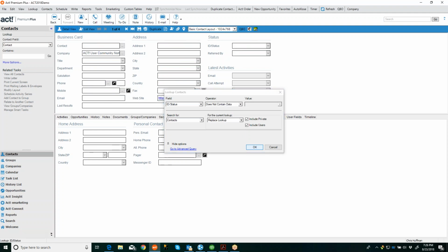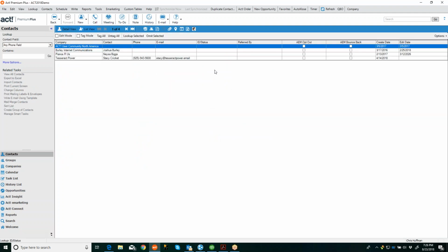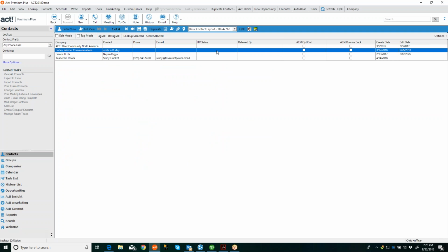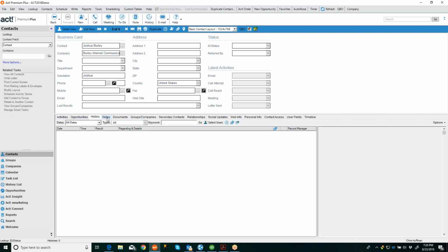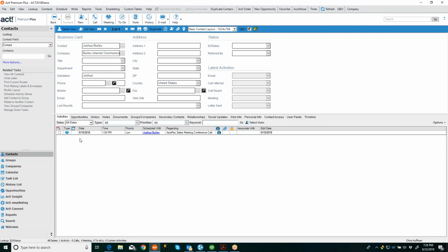Now, let's see what pops up. Okay, so there's 4 of them. So if I drill down into these 4, I don't know. Here's Joshua Burley. Okay, I got some information on him. I don't have any phone, don't have any email. I can look under notes and history here, history and notes. Look under activity. Okay, well, here we go. So apparently we had an activity back in May that we didn't do, but I don't really know who this